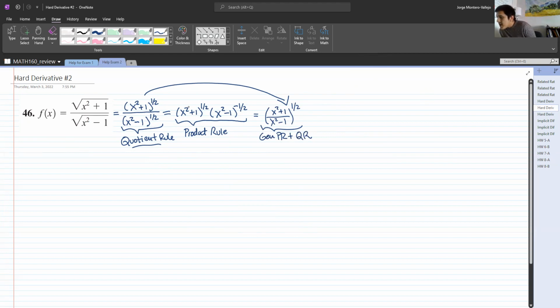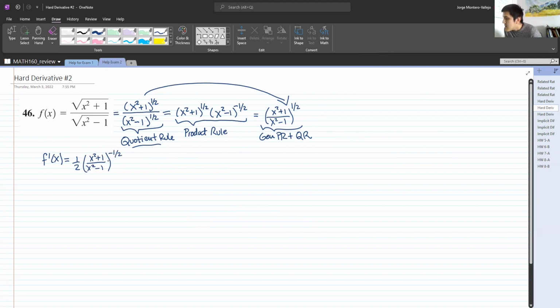Well, the way I'm going to solve this derivative is by using that last version. So we are going to do the general power rule first and then the quotient rule. So f prime of x is equal to, well, I need to do the power rule, right? So 1/2 comes to the front multiplying, and then the expression raised to the power 1/2 minus 1, that's minus 1/2,